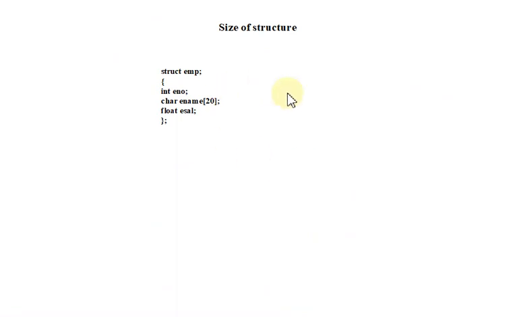What I am doing is writing the structure that I already wrote in the last slide. I am only writing the structure here. After that I am just writing the main function.